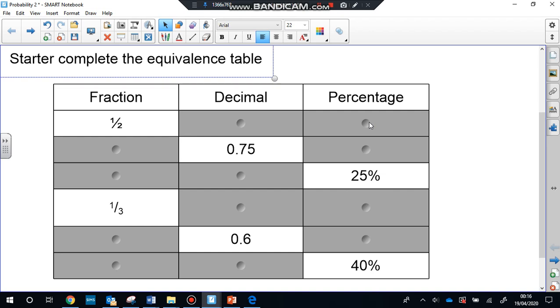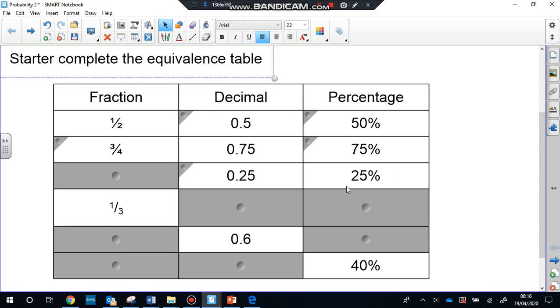So you should have your table filled in. So let's have a quick look. So if we've got a fraction half, then the decimal we should know is 0.5, the percentage is 50%. If I've got a decimal of 0.75, okay, the percentage is fairly easy, that's going to be 75%. But we also need to know that 75% or 75 out of 100 can be cancelled to 3/4. If I've got 25%, then the decimal is 0.25, and again 25% is 25 out of 100, and that can